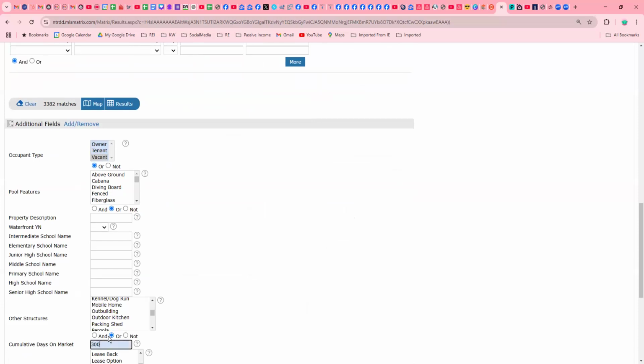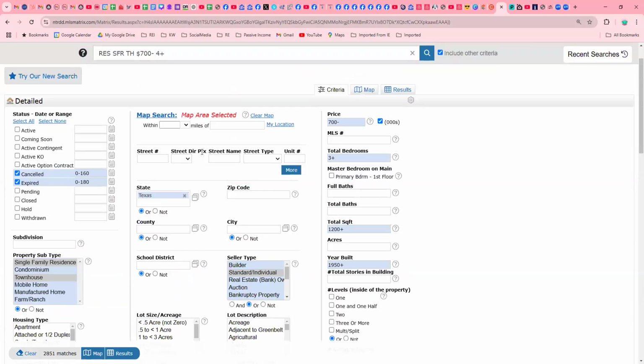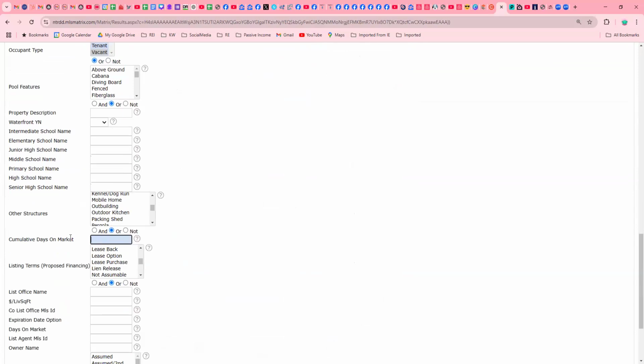Let's just say they were in the market for 300 days, and they're definitely ready to sell, as opposed to somebody who has only been in the market for, let's just say, 30 days. Those people only spent 30 days in the market, so they might be less motivated to sell. So you could create a 30 to 300 days in the market filter, saying that I want them to be on the market for no less than 30 days, but no more than 300 days, etc. So the ability to filter this list is pretty significant in case you have a specific target audience in mind.